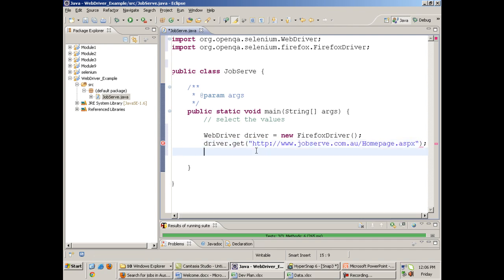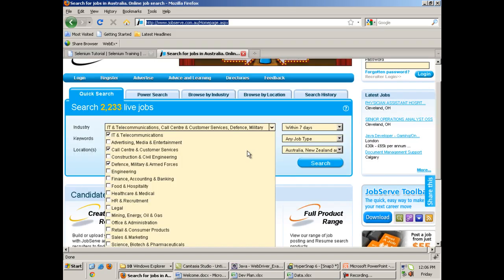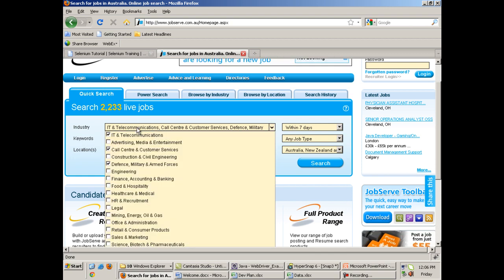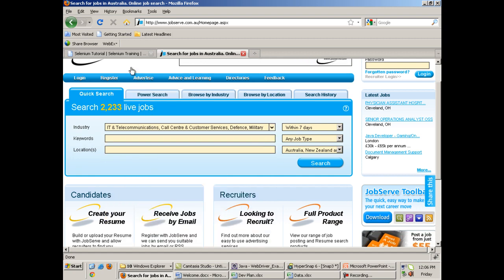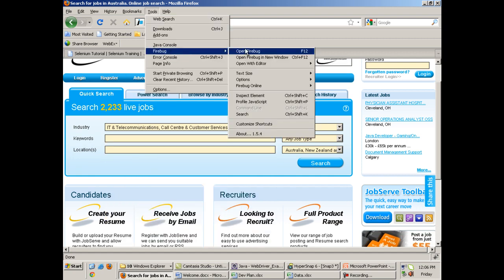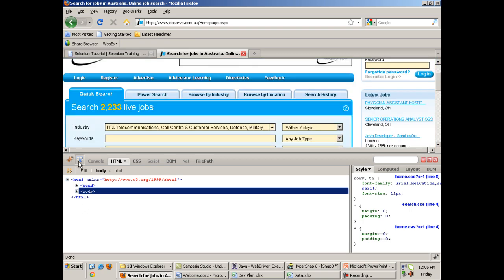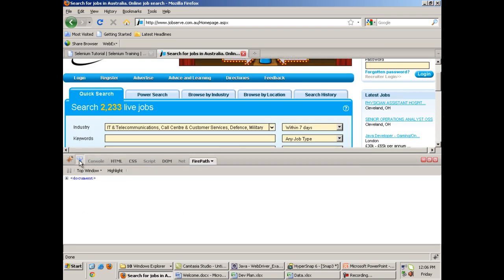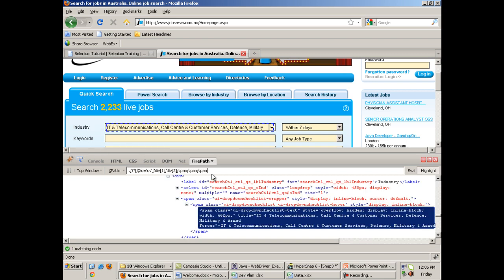After going on to this URL, I need to click on this drop down, then only the list will appear. So I will take the XPath of this drop list. This is the XPath.